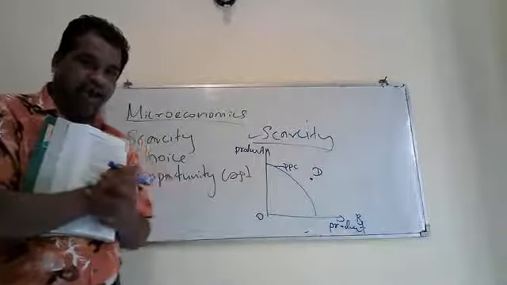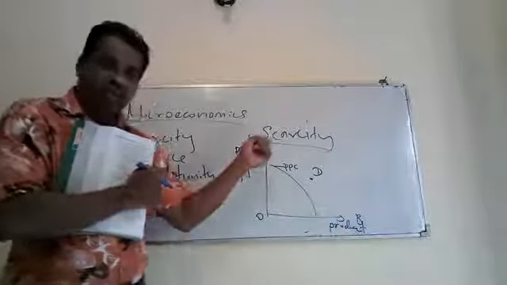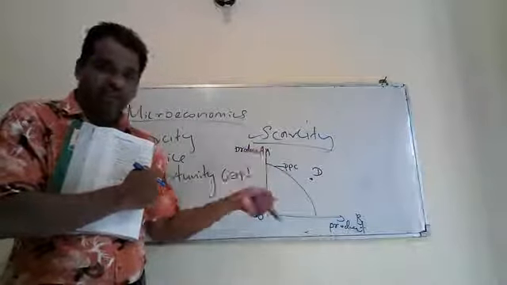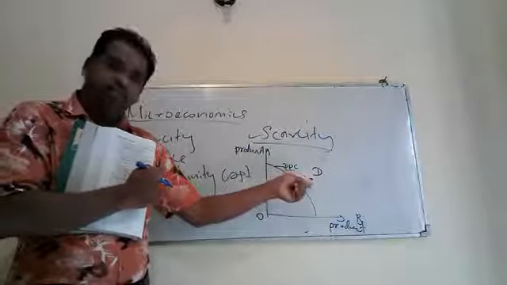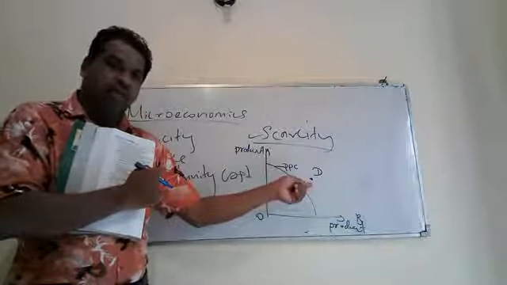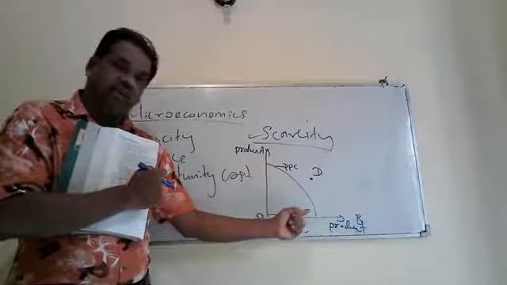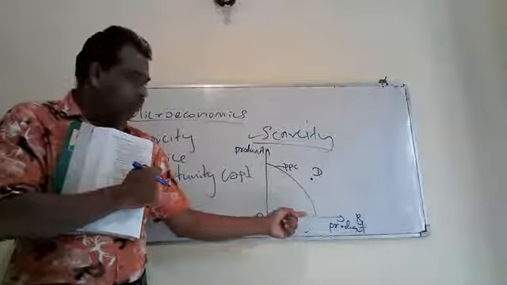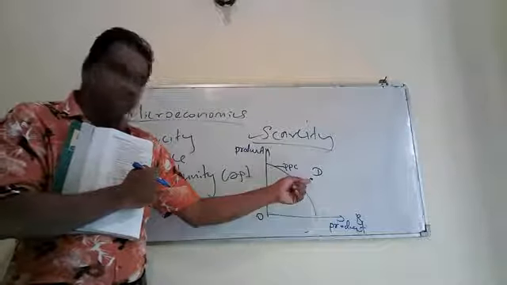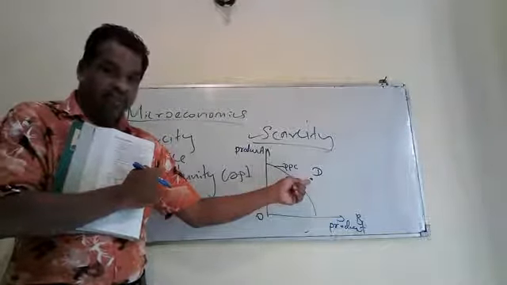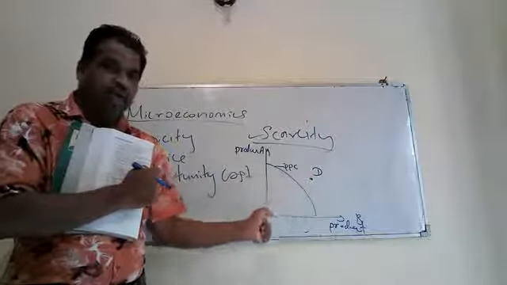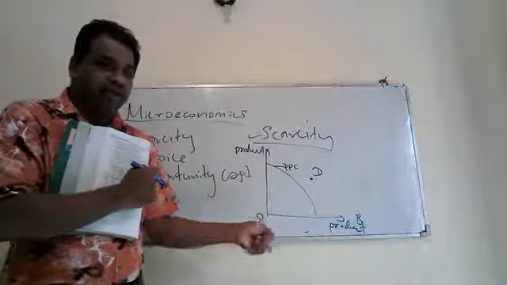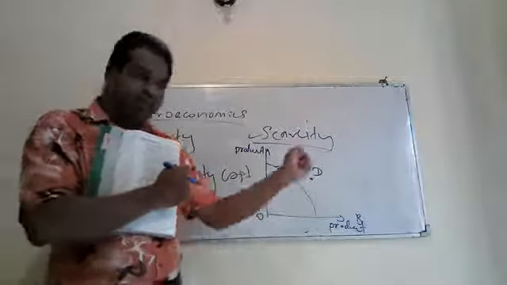Therefore, at the exam, if you are asked to explain scarcity by using a PPC diagram, you can draw this diagram and explain what this point is, that is a point which is beyond the production capacity. This PPC indicates the maximum production capacity of the country. Therefore, currently you can't achieve this target because of scarcity. We have a gap between limited resources and unlimited wants, that is scarcity. Therefore, you are given full marks for this diagram and explanation.